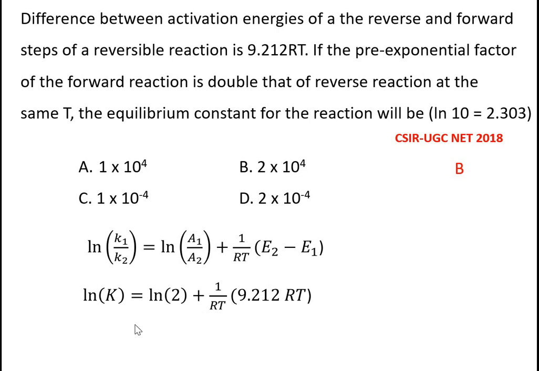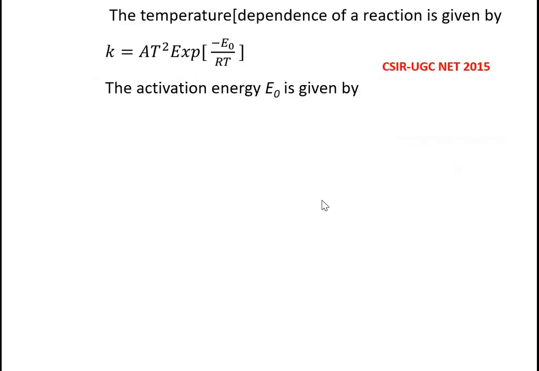You can just put it in to get the equilibrium constant to be option B. So we can check it. Yes. So next question: the temperature dependence of a reaction is given by this modified Arrhenius equation, A T